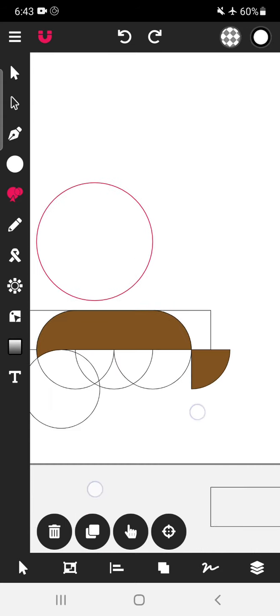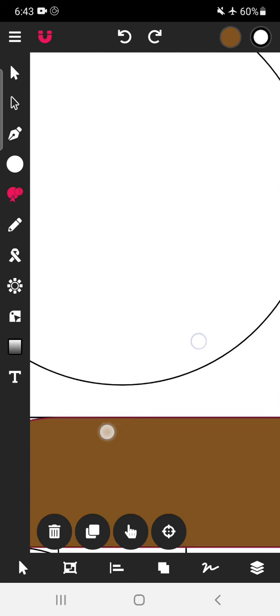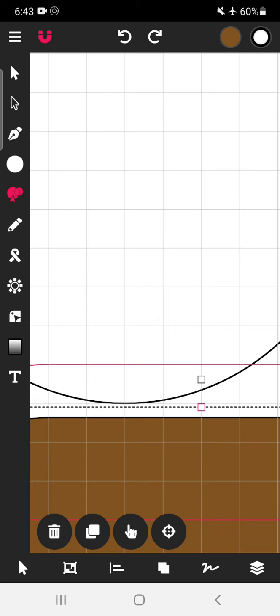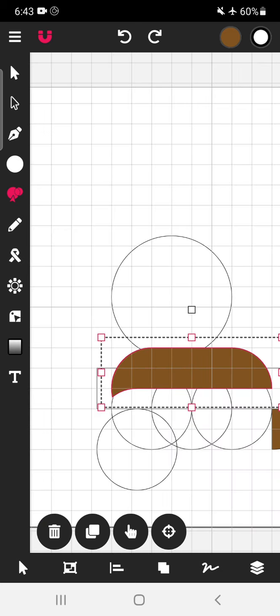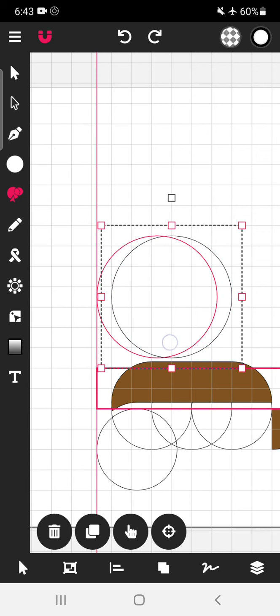Here we are going to make, see, because the snap to grid option is available, it snaps very nicely. So it is 300. Now let's make the wing.